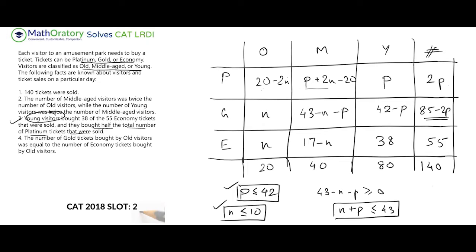Same thing you can do with this region as well, but then you will get a lower limit kind of thing, but not for p plus n, you'll get for p plus 2n. So I'm not going into too much of analysis. We can do those things also, but depending on the question, if that is required, I'll come to that. So these are the three things that we'll keep in mind before we approach the question. If you additionally find you can keep this, you'll get p plus 2n greater than equal to 20. So now let us go into the questions.